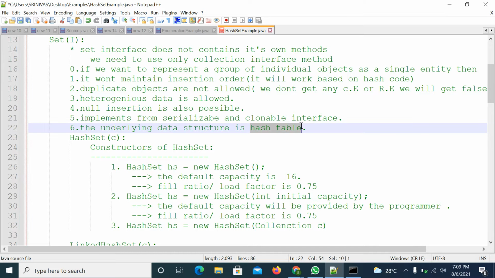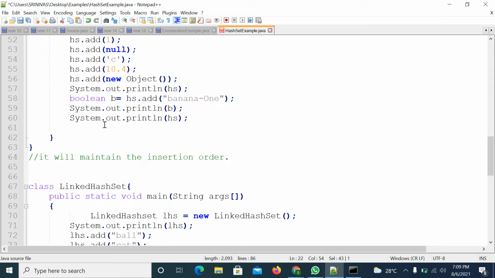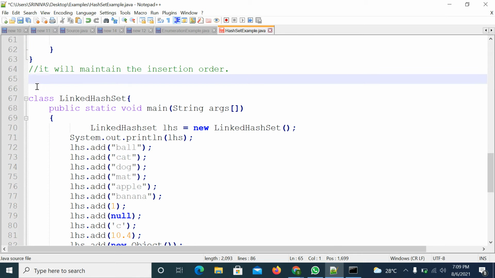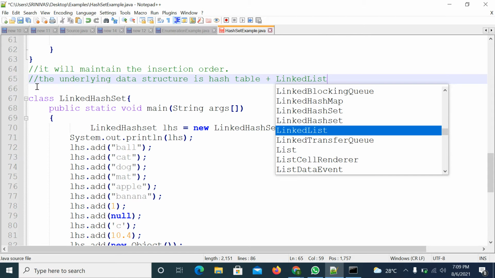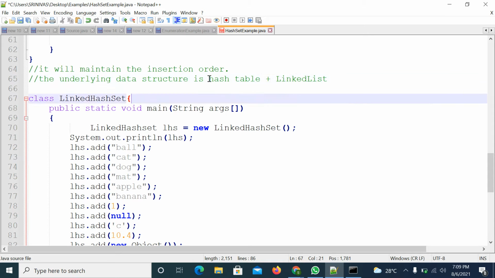And HashSet is implemented from the hash table data structure. That means the underlying data structure is hash table. But here the underlying data structure is hash table plus linked list. So it will follow the rules of hash table plus linked list also, right?